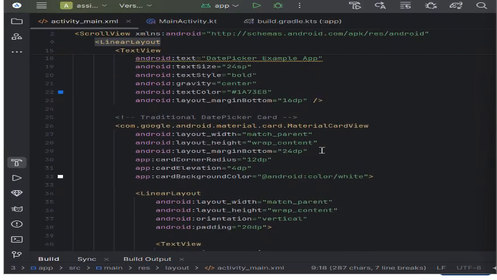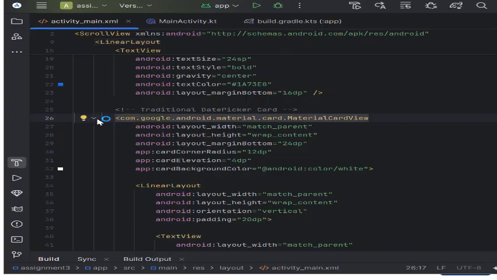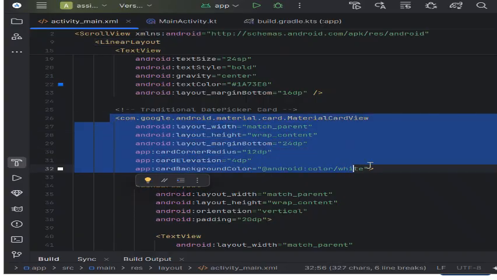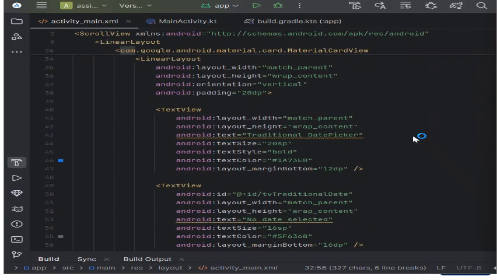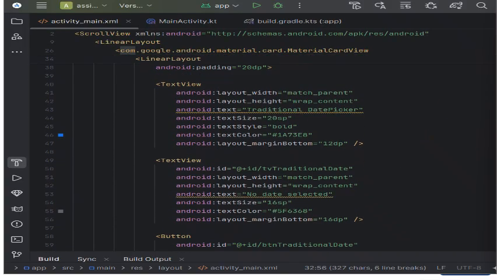Then I came to the Android material card view, which is completely different from the regular layout. This gives us the most beautiful cards with shadows, rounded corners, and elevation effects, exactly like you see in modern apps like Google Keep or Google Photos. Then we can see the traditional versus modern sections. I created two distinct sections